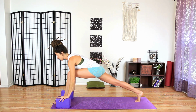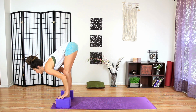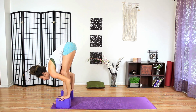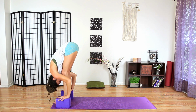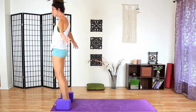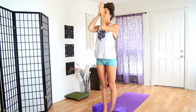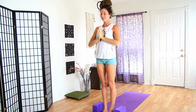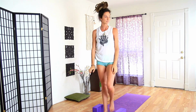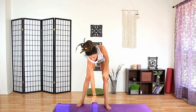Facing the front of the mat. Take a big step up towards the top of the mat. Inhale, halfway lift. Exhale, fold down. And inhale, rise all the way up. And exhale, hands to heart center. And release. Let me show you eagle pose here, right quick with the block